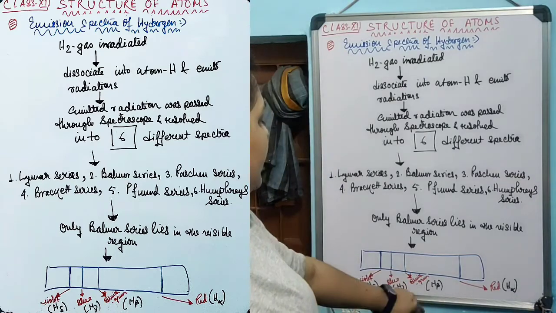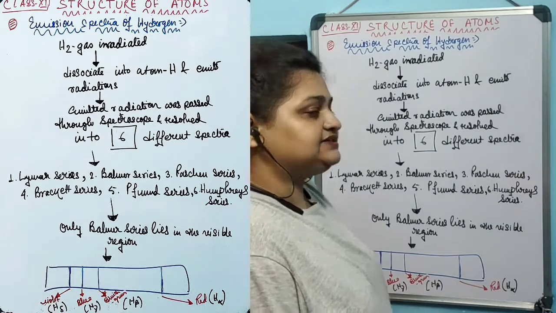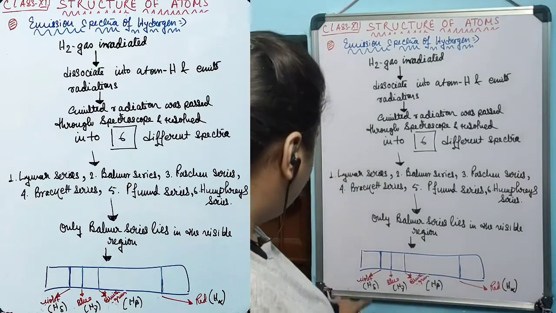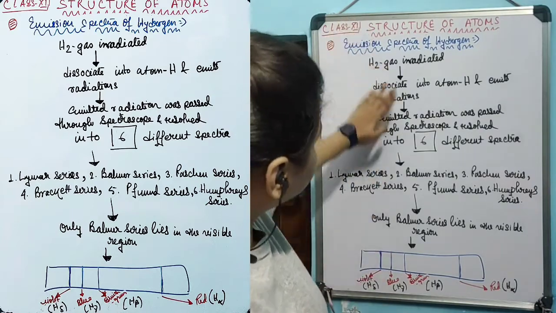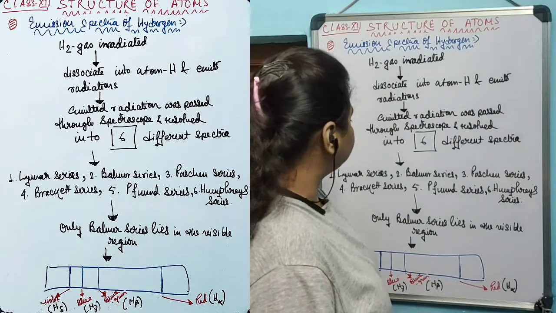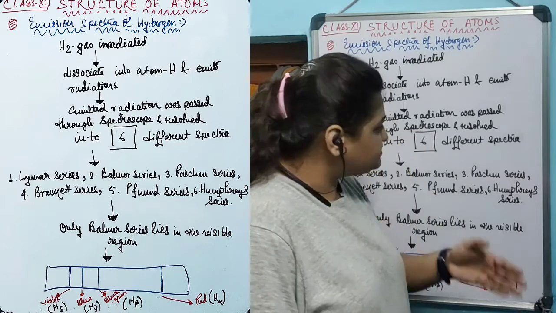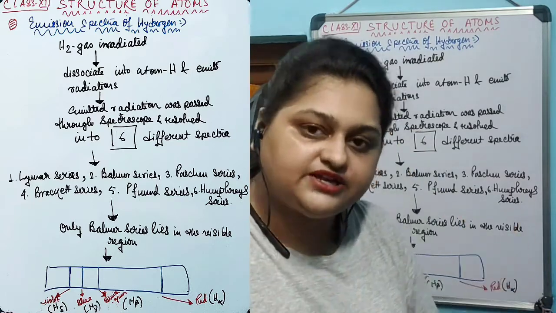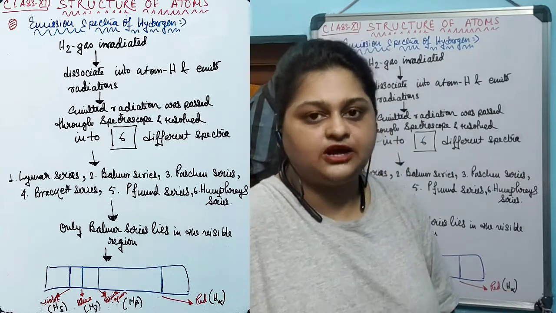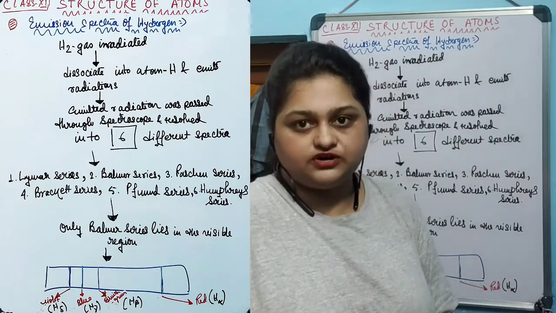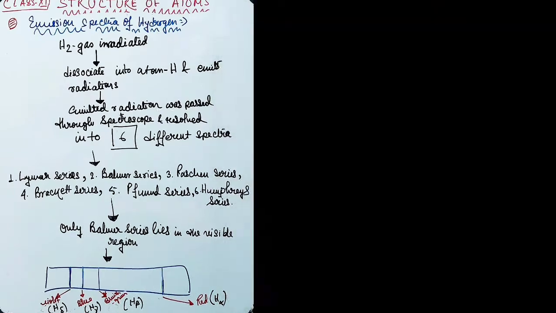The red color line is known as the H alpha line. The greenish blue color line is known as the H beta line. The blue color line is known as the H gamma line, and the violet color line is known as the H delta line. This is the emission spectrum of hydrogen that we get when we irradiate hydrogen gas, and we get 6 different series. Each series consists of lines in a completely darkened spectrum, and each series was discovered by different scientists. According to their names, the series have been named.